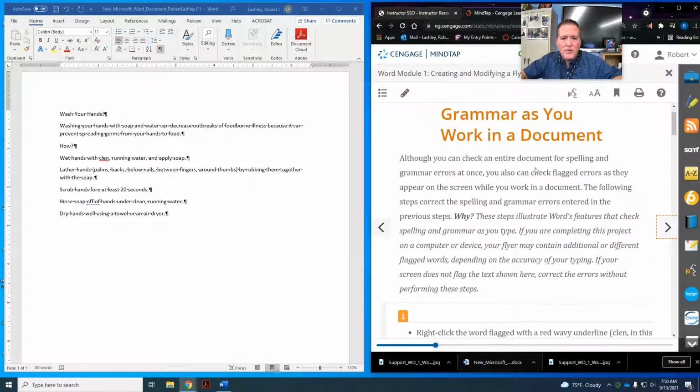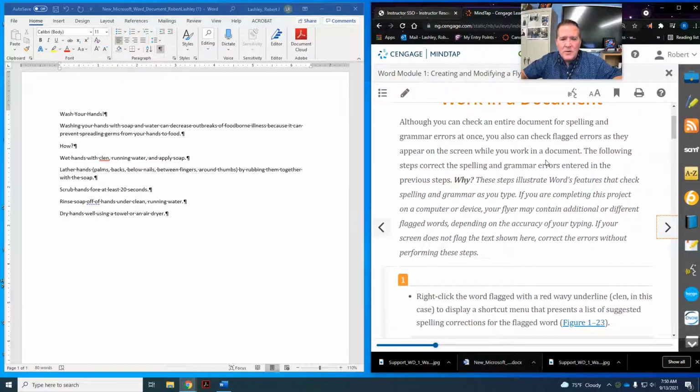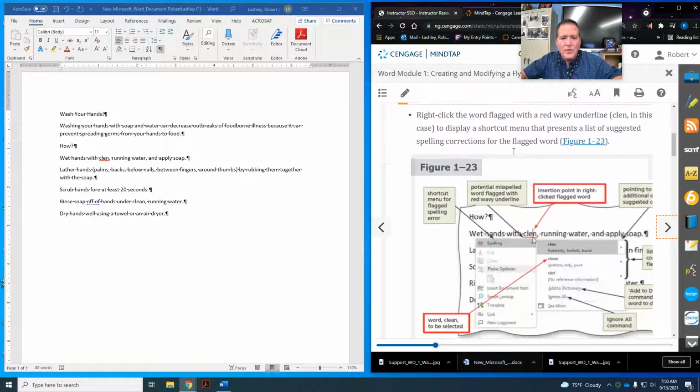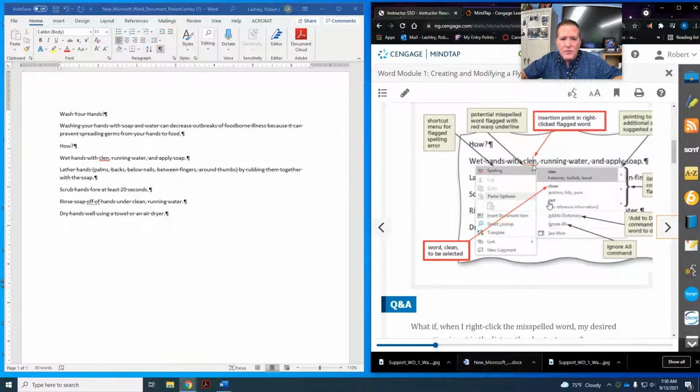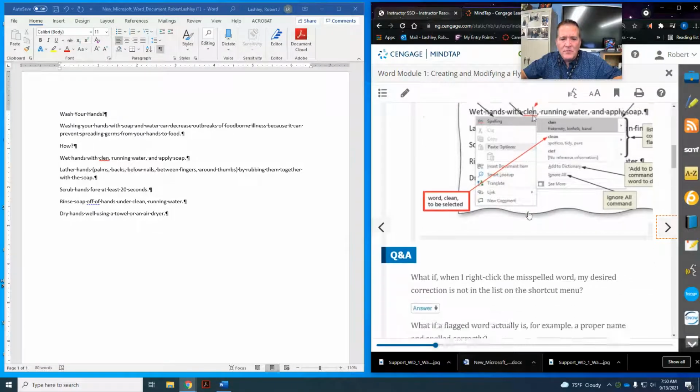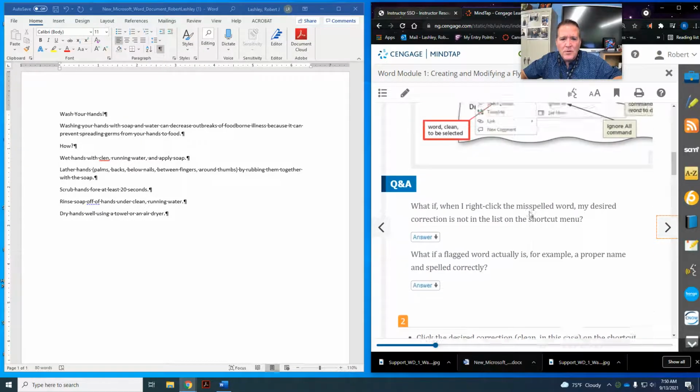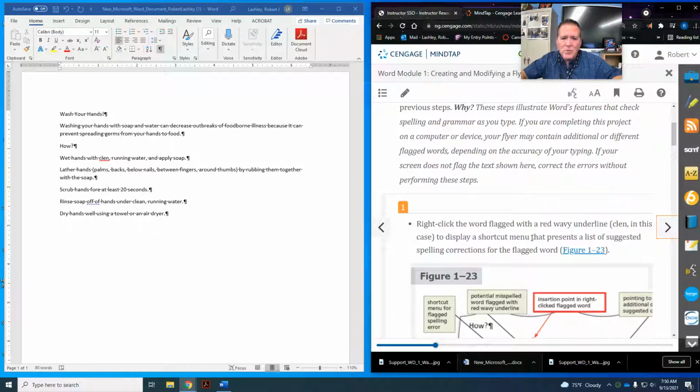Again, grammar work in your document. I'm going to give you the directions and what you're going to do. We're going to look at our flagged errors, and we're going to start working on getting them fixed. So step 1, where's step 1? Step 1, right-click the word flagged with the red wavy underline, which is "clean." So I'll right-click it,